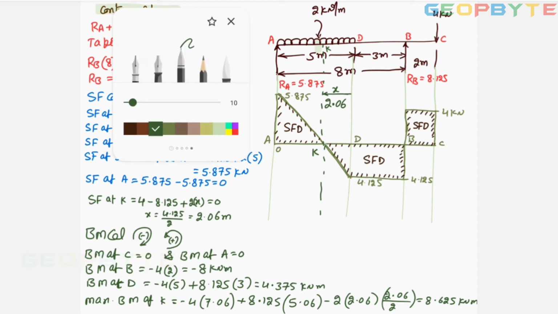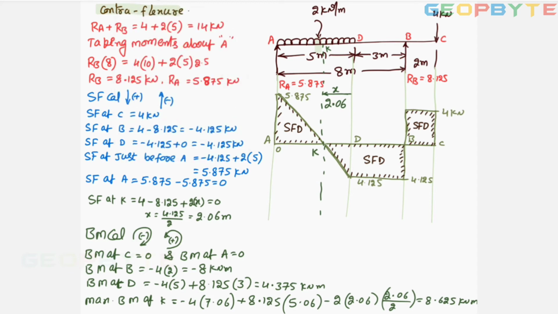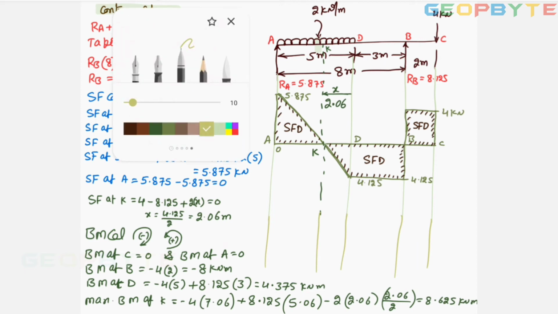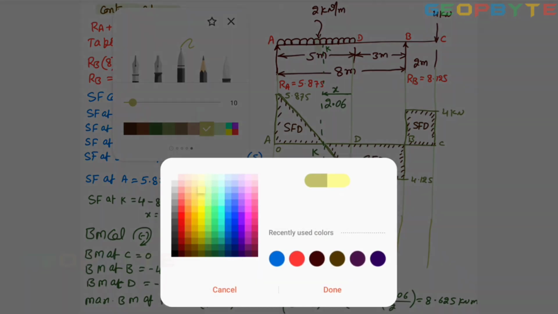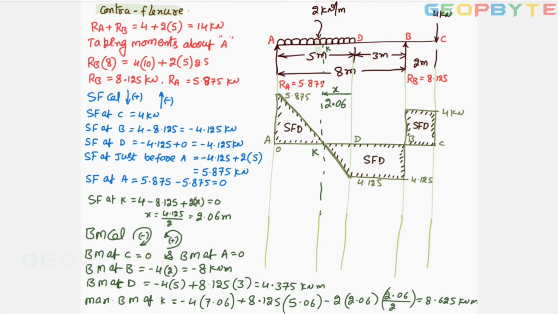Now for constructing the bending moment diagram, we have to project the vertical lines from the respective points like this. Bending moment is coming only on the positive side. I need not maintain space for the BMD on the downside of the reference line. This is the reference line, with respect to which this may be positive or negative.